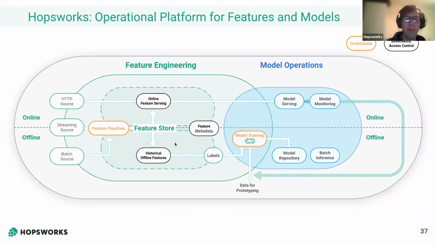We have support with the feature store where we serve these features online, and you have access to historical features for creating training data. So you can do model training, use a model repository where we can store our models, we can serve our models, and then we can log the requests that are made to the models back to the feature store. And then, of course, you can have your compute, which is computing the features and the feature